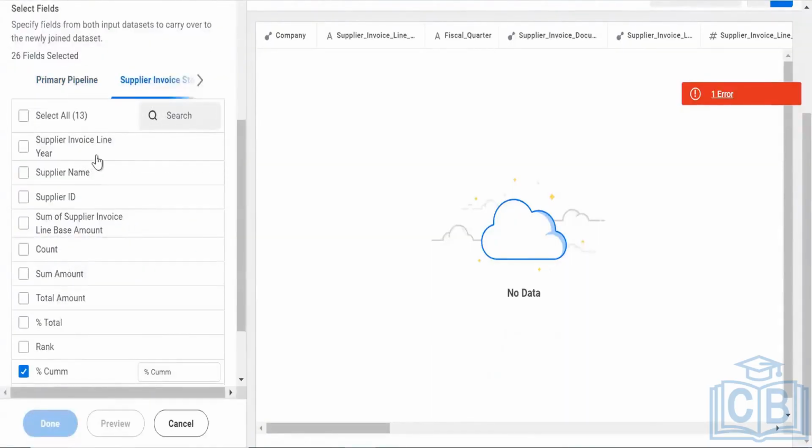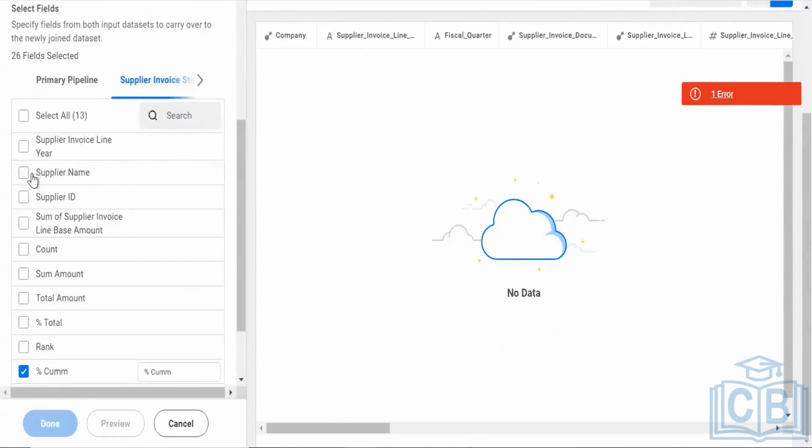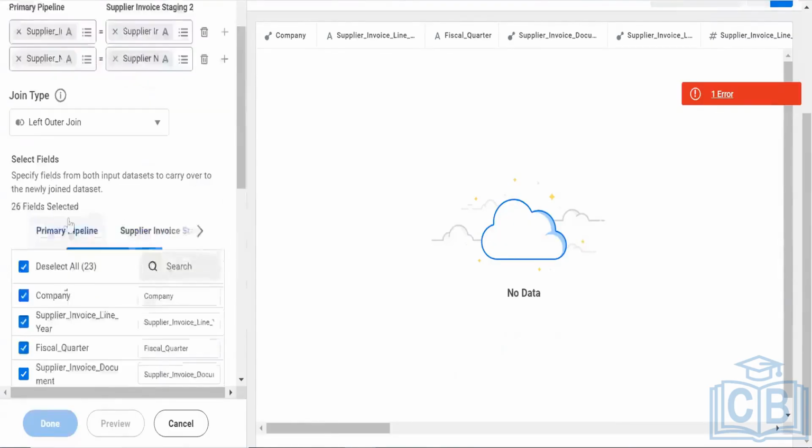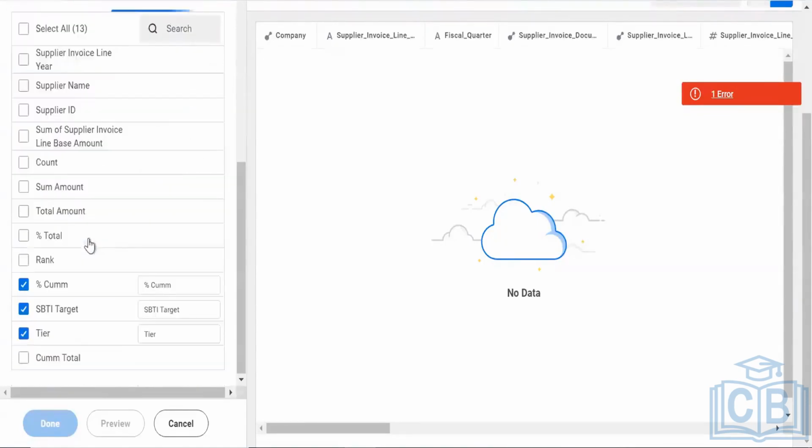As I mentioned, there won't be duplication. Both fields, supplier name and supplier invoice line, are present here, but they only select them once.